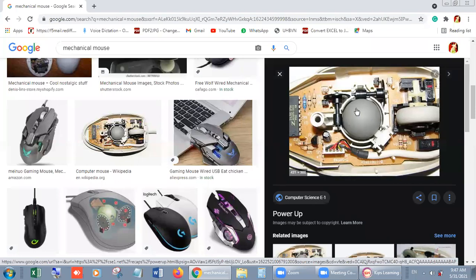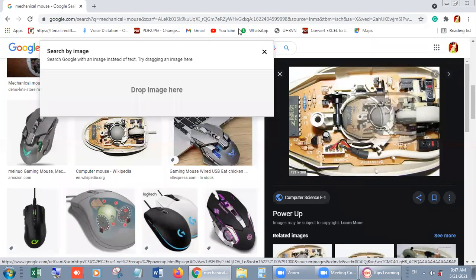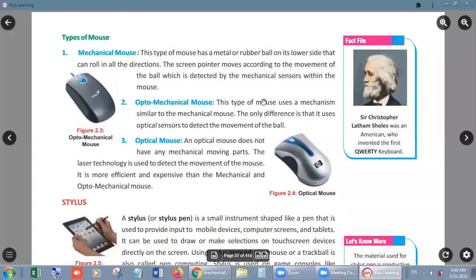So this kind of ball was very heavy. When it revolves, these are the heads. One, two, three. These are the heads which can catch the direction of it, and the mouse moves its pointer accordingly. So it was the mechanical mouse, and nowadays we are not using them.